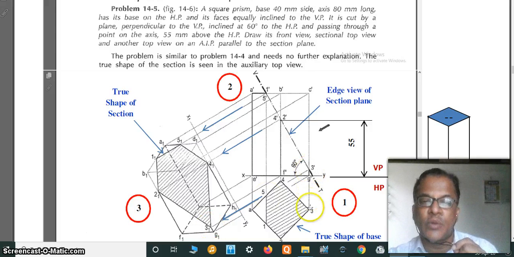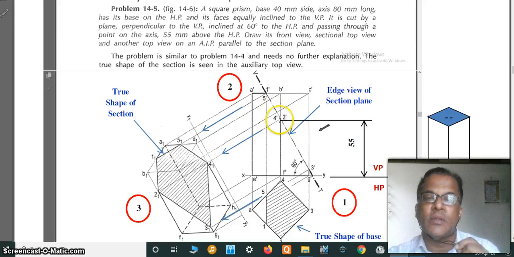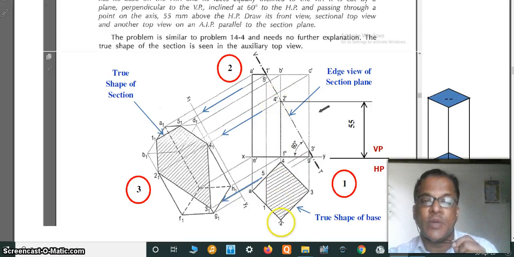So this single point is located in the top view at the point 3, because CG appears as a point in the top view here. So point number 3 will appear here. And now at this point there are 2 points, 2 and 4. Why 2 points? Because there are 2 edges here. So B to F and D to H, 2 edges are there. So this plane is cutting at the 2 edges. So 2 edges means 2 points. So 2 dash and 4 dash. Out of that, 2 dash point is here and 4 dash point is here. So there are 2 points.